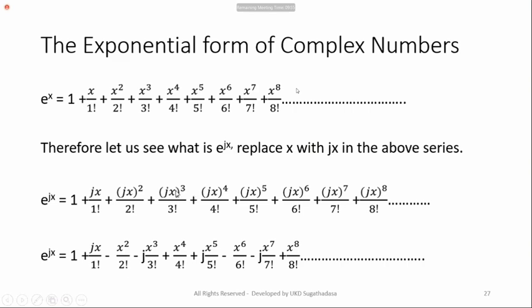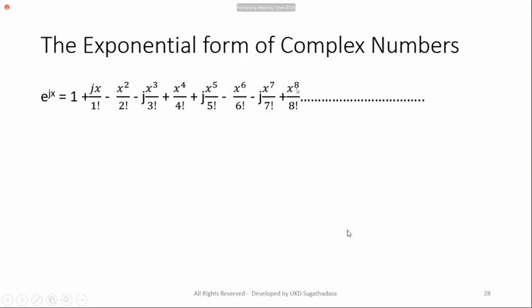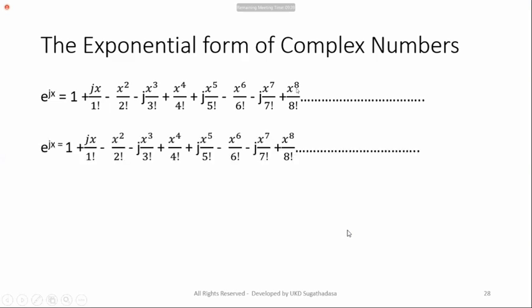This j^3 means minus j. Therefore, you see minus j here. j^4 is 1. Therefore, you see here j^5 is j. You get jx^5, and j^6 is minus 1. This is x^6 by factorial 6. Likewise, you get other values also. Then the same thing here. You can separate